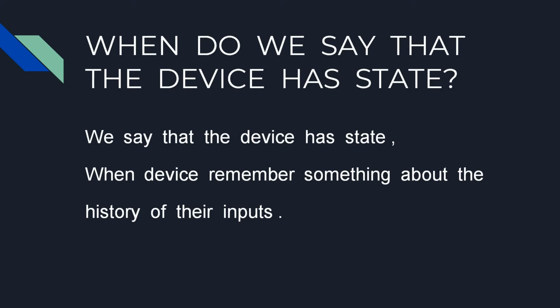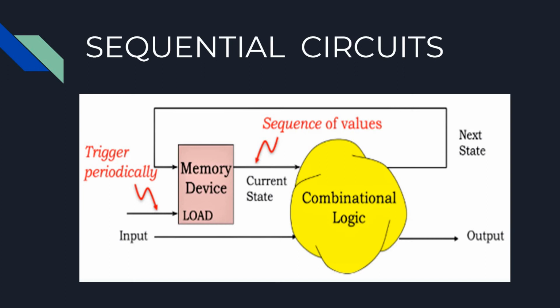Now, coming on to sequential logic circuits. We'll introduce a new abstraction, a memory component, that will store the current state of the digital system we want to build. The memory component stores one or more bits that encode the current state of the system. These bits are available as digital values on the memory component's output, shown here marked as current state. The current state, along with the current input values, are the inputs to a block of combinational logic that produces two sets of outputs.